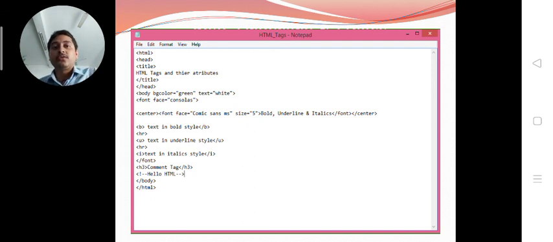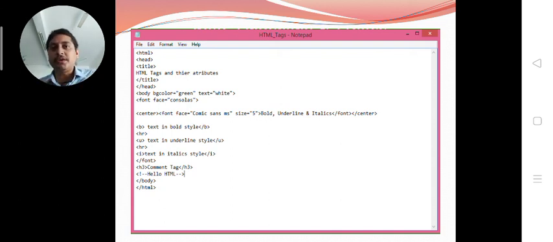And now a special section is the comment tag. Whatever we write inside the comment tag will not appear on our HTML website. That will be on the page, but will not appear. Whenever you see the code of your HTML document, you will be able to see the comment there.